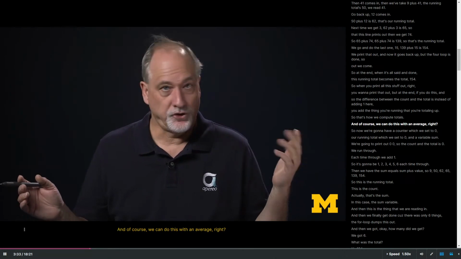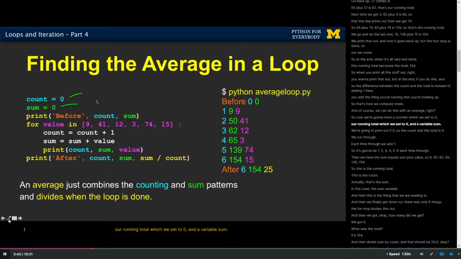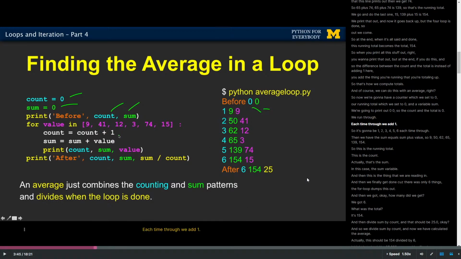And of course, we can do this with an average. So now we're going to have a counter, which we set to 0, and a running total, which we set to 0 in the variable sum. We're going to print out 0, 0, so the count and the total is 0. We run through each